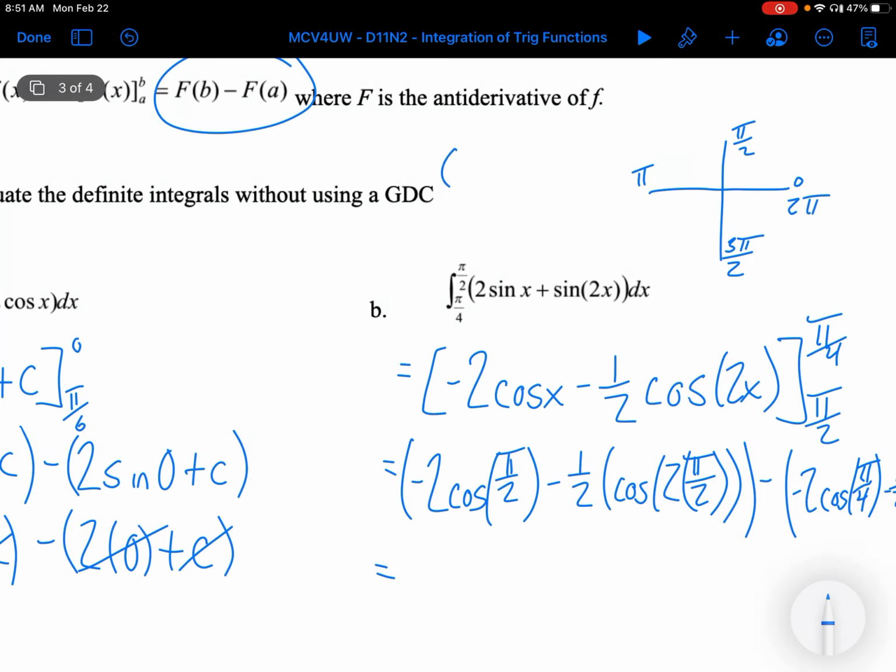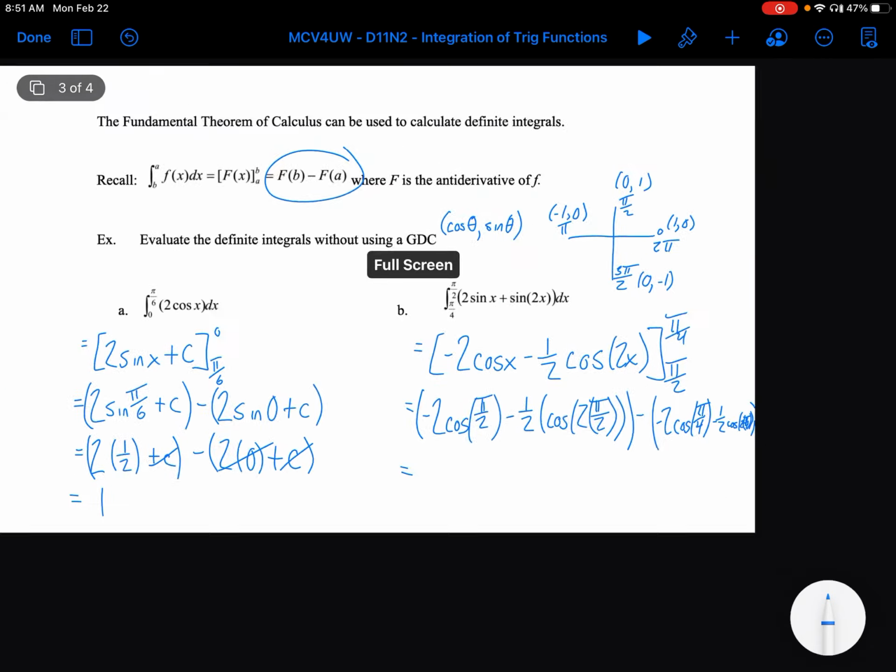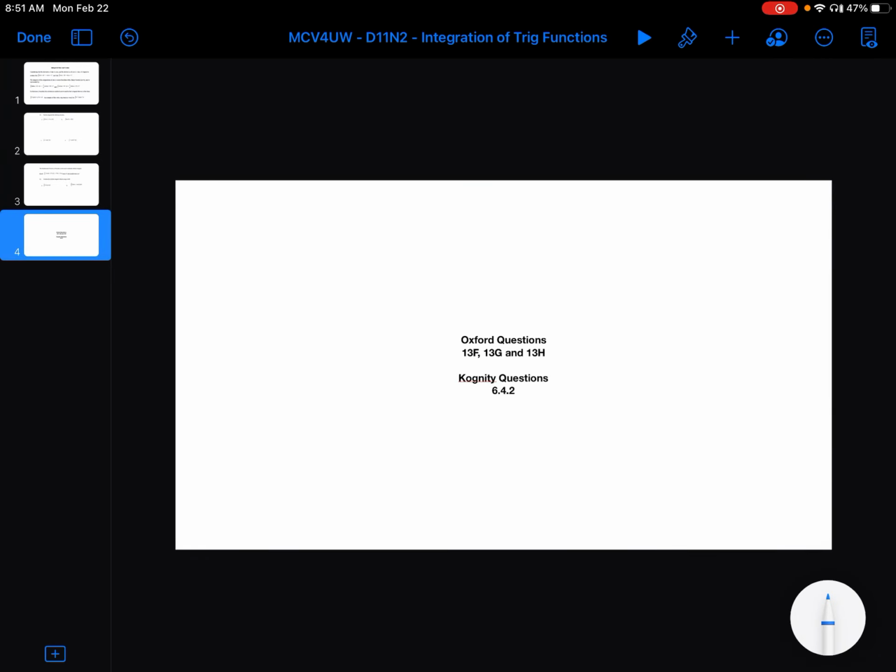And remember, cos is always your x, sine is always your y. And this is obviously 1, 0, 0, 1, negative 1, 0, and 0, negative 1. Okay, now I want you guys to go through and try to simplify that, and we will take it up later. Okay, after you're done, there are the questions